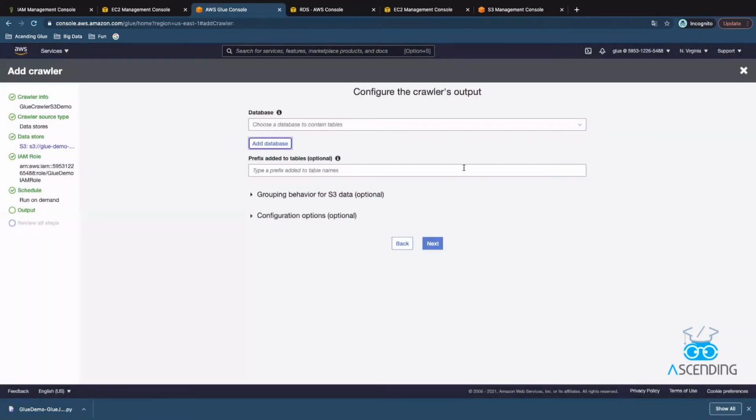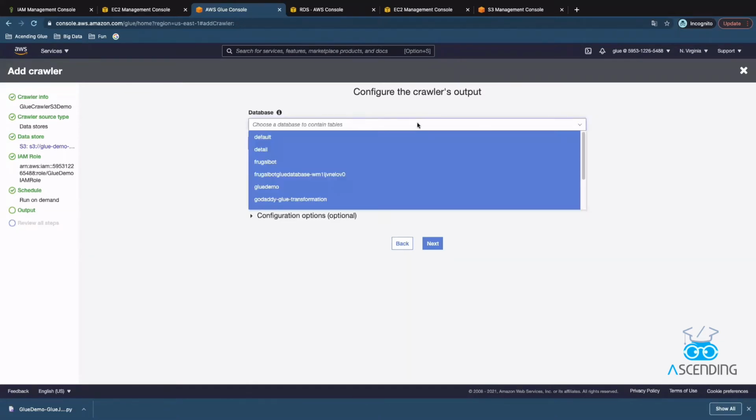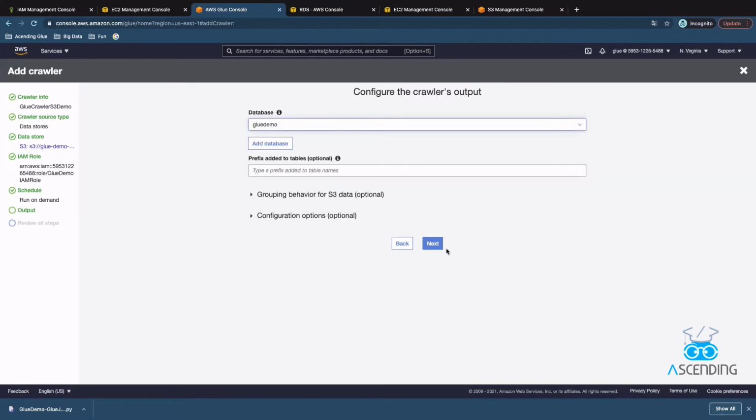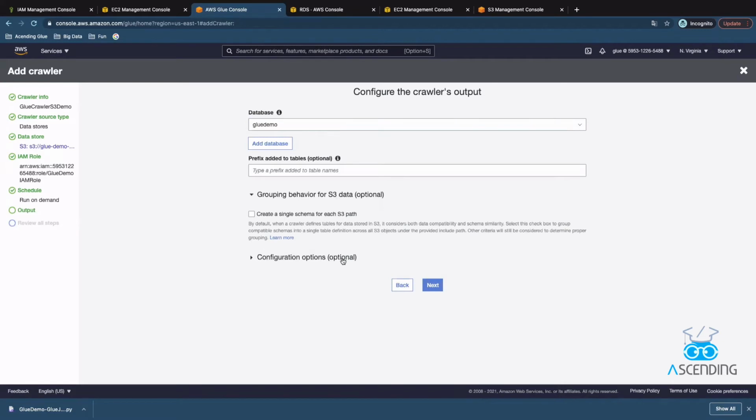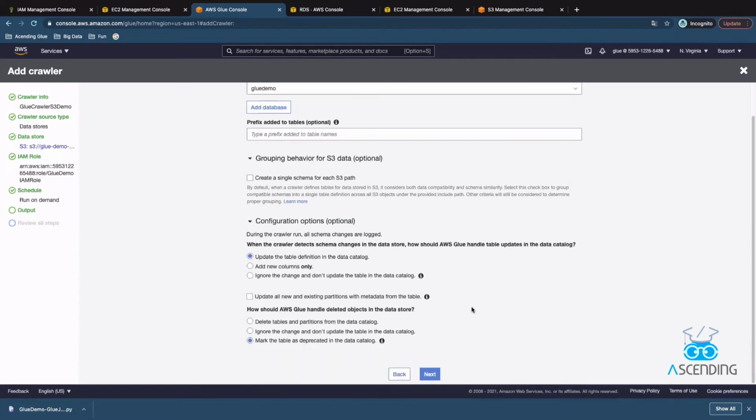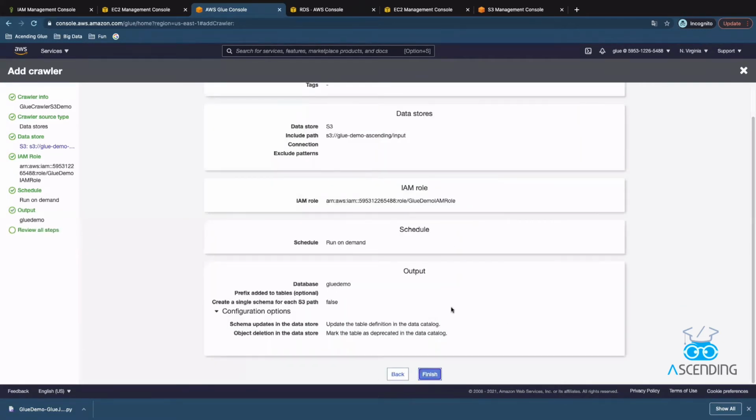In general, multiple crawlers may share one Glue database, including many tables. Since I already created one Glue database, I would just choose from the list. We keep all other things in default here. Review everything and click finish.